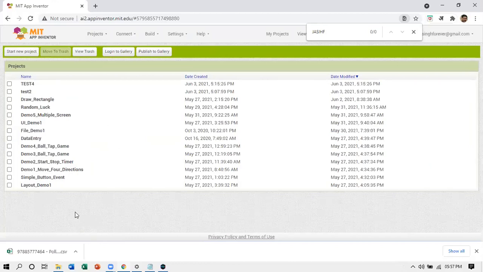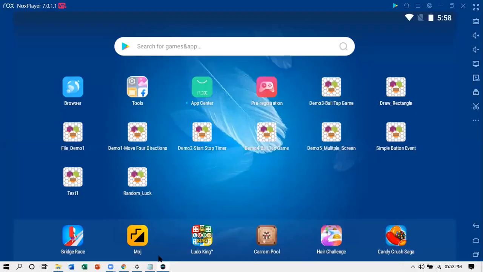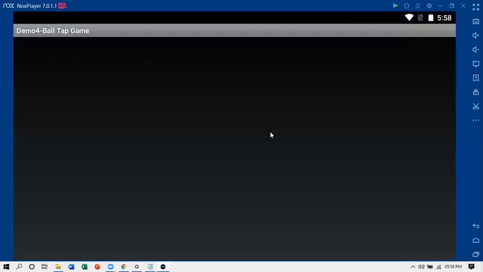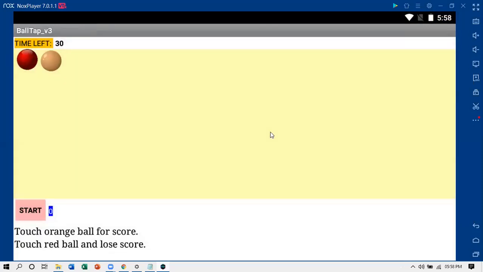other demos. This is demo 4. If I click on the orange ball, I gain the score, red ball, I lose the score. I click on start. Here balls are moving very smoothly. They are not moving with a jerk like it was happening earlier.